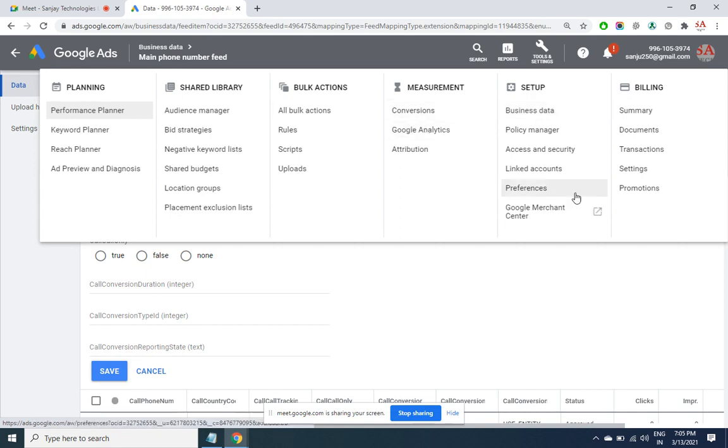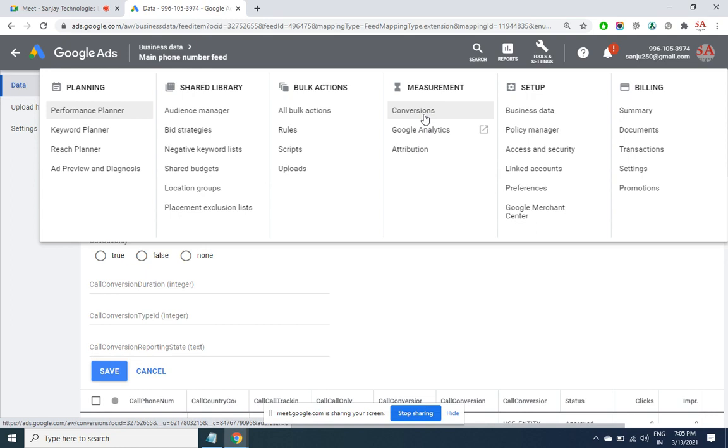Now coming to here, so this part we have seen conversions. This is the most important section in this entire menu. So CPA, while we are putting the bidding of CPA, we have to define what is the acquisition goal. Acquisition and goal are both the same. So what is your target behind an ad? Let's say for me, my target is someone has to come into my website and fill that inquiry form. Click on the submit button of the inquiry form.